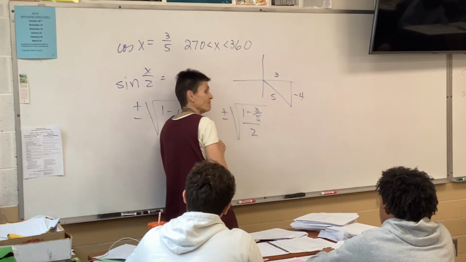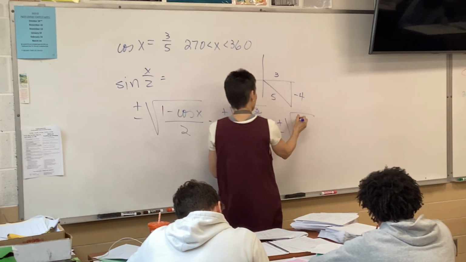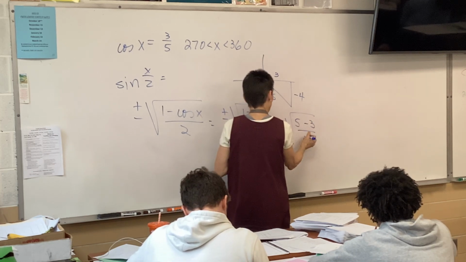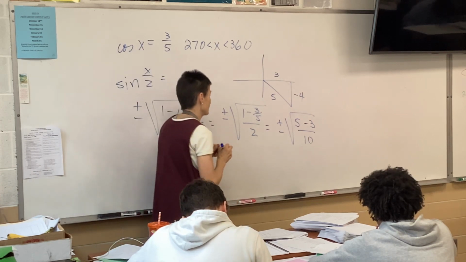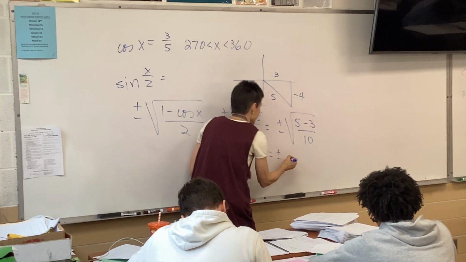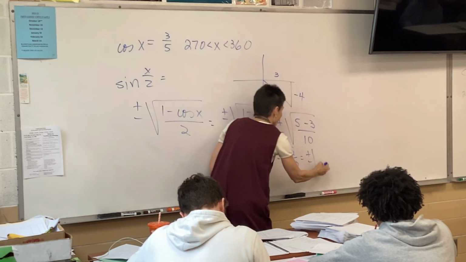Let's times by 5. So I have 5 minus 3 over 10. Would you agree with that? Timesing everything by 5. So that's the square root of 2/10, or the square root of 1/5,